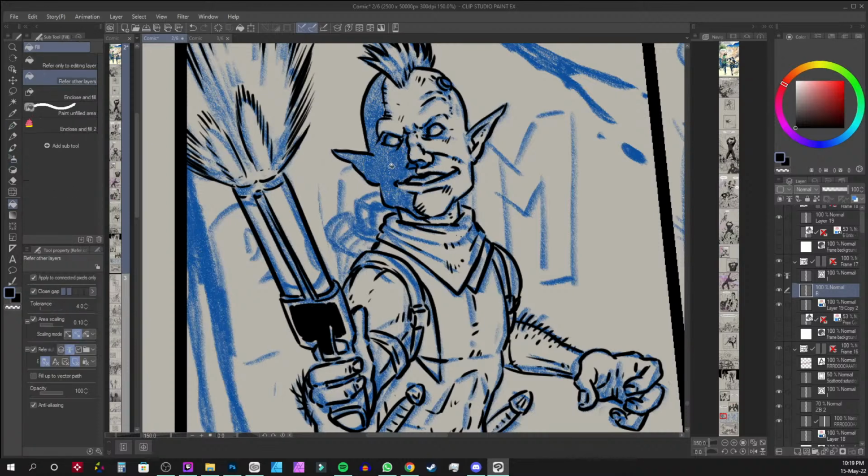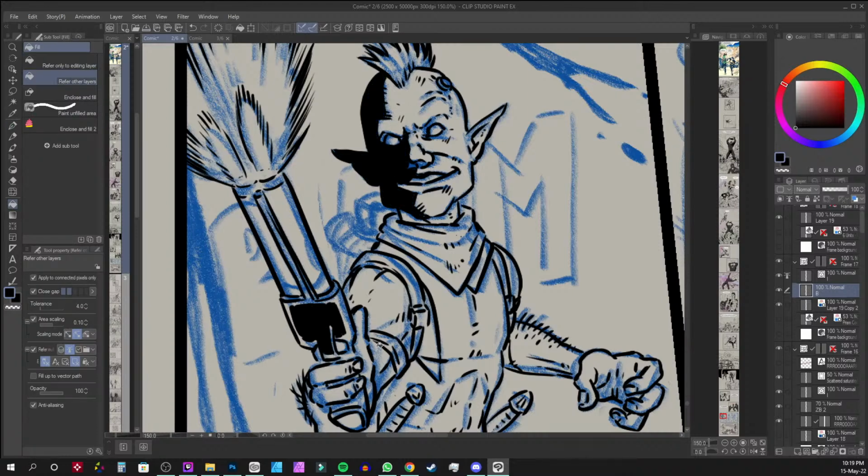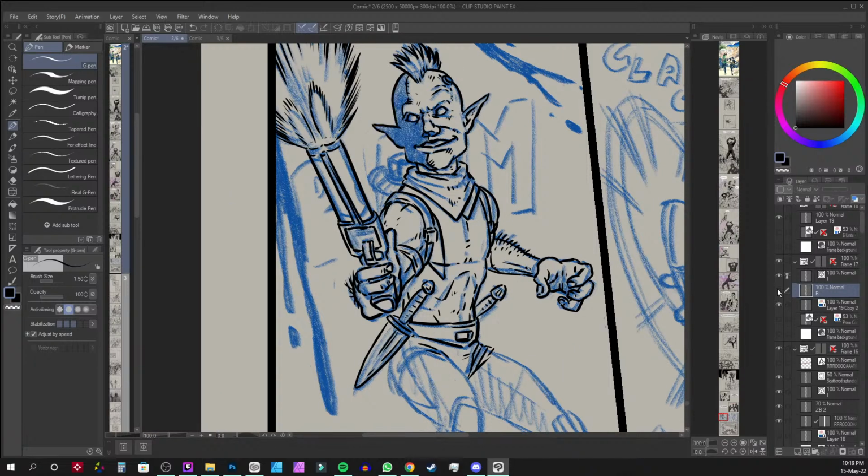So where else? Okay, of course. Here we have, boom, and all these small details that it didn't include, I can just fine tweak it a little bit, and that will be it. I fill the blacks. Okay,